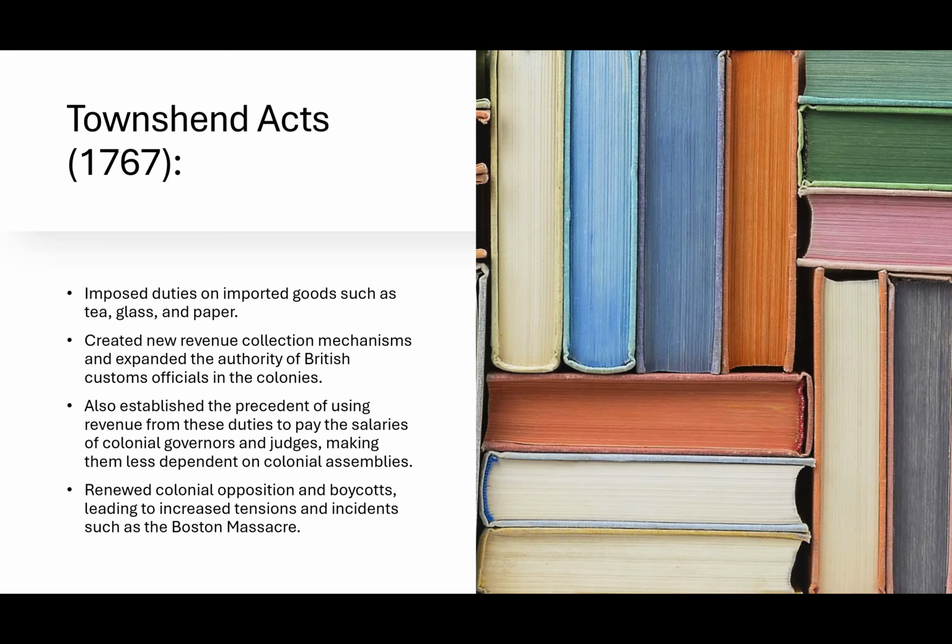So it basically imposed duties on imported goods such as tea, glass, and paper. Right, so at the time, these would have been essential things for the upper class, for the whites, for the persons living within the colonies, right? So what they're trying to do is impose taxes on all types of essential goods so they can make enough money to restore the treasuries after the Seven Years' War.